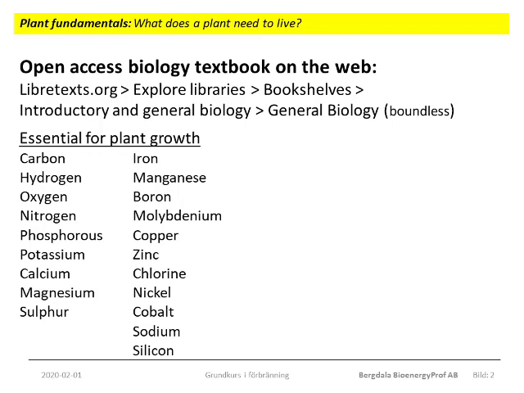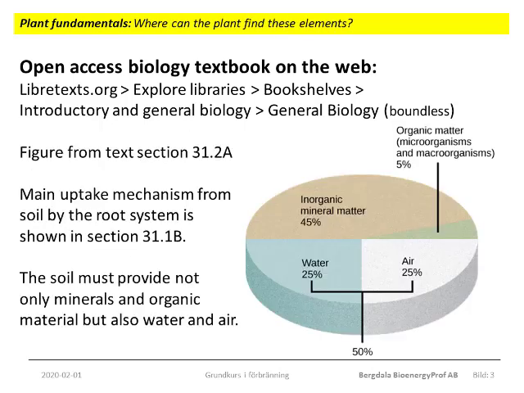So let us first look at where from the plant will take these elements. For that, you have to look in text section 31.2 in the biology book, and this text section is dedicated to the soil. The figure in this slide is copied from text section 31.2a in the book, and shows the main categories of material in the soil. It is obvious that most of the elements must be supplied from the soil,